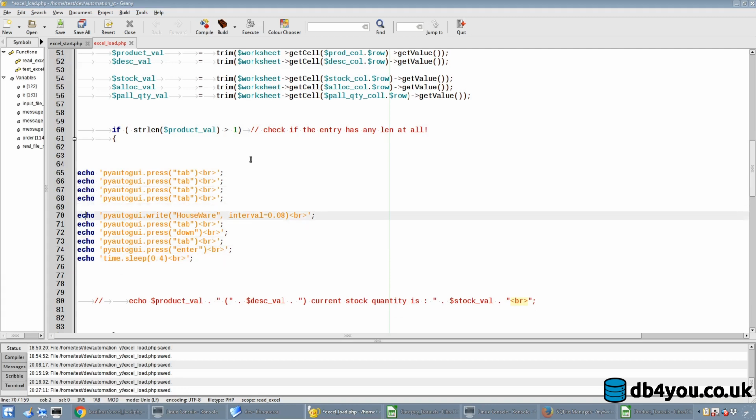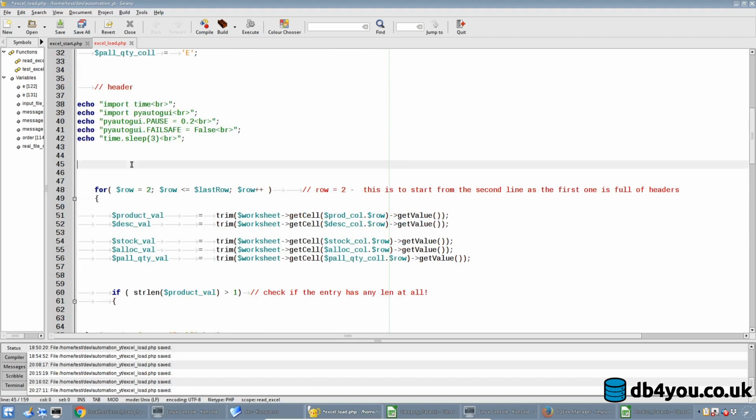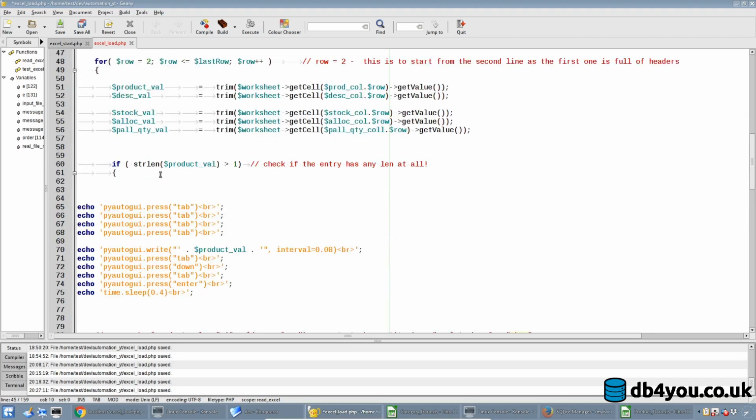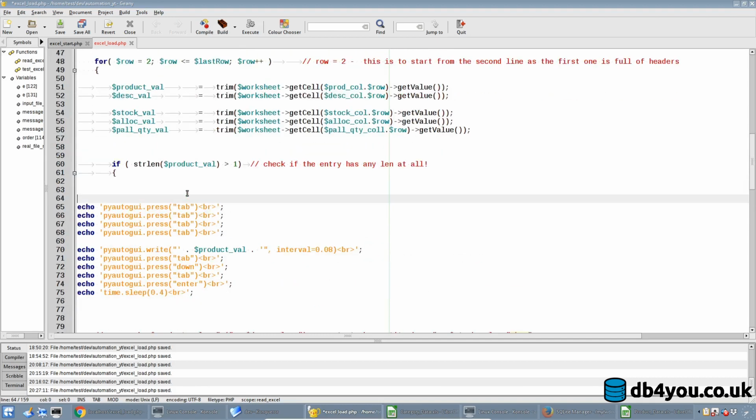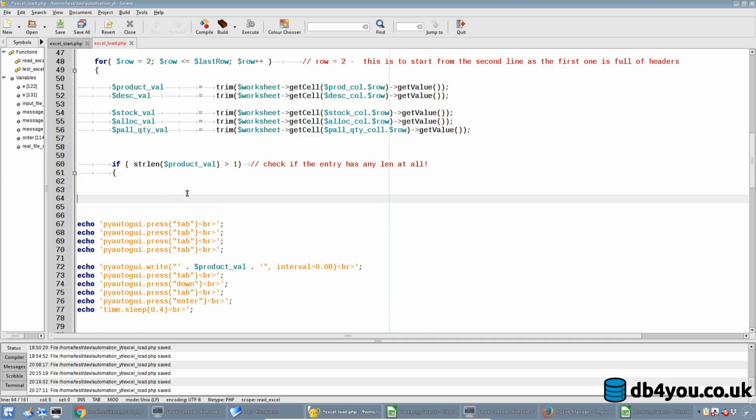So this should be fine, apart from we want the product code to be inserted here, don't we now? Here we go. For every iteration of a row. And also I need to add a little, I don't know, is one. I need to do something here because every